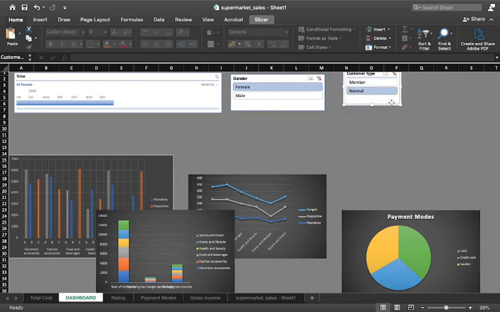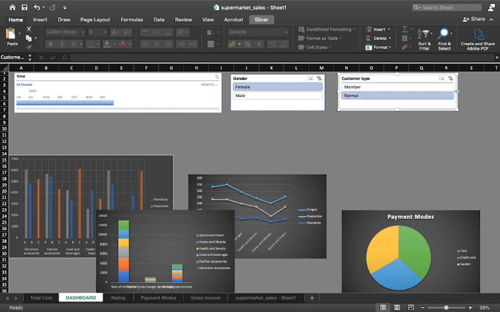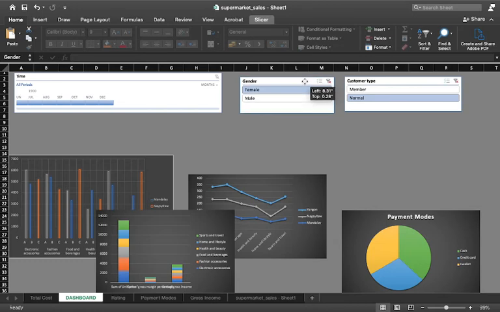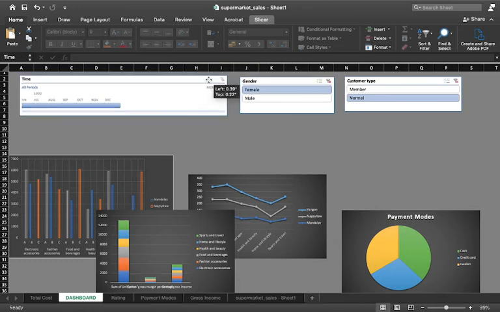It can vary from person to person. If you like to structure it in a different way, please feel free to do it. I am doing according to my personal choices here, and you can do it according to yours, as simple as that. So this is how I have set my timelines and my slicers.